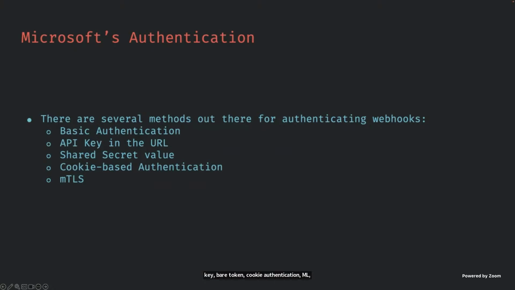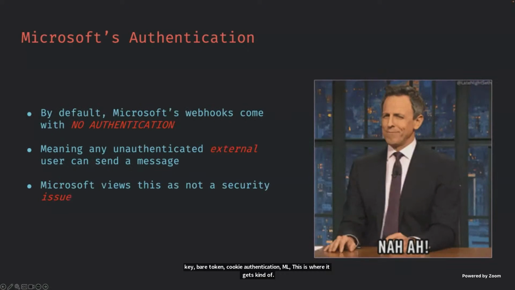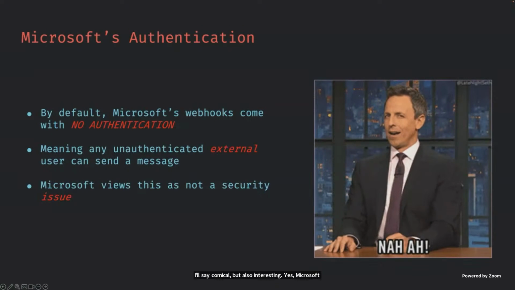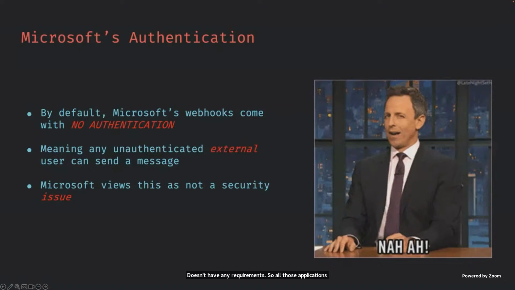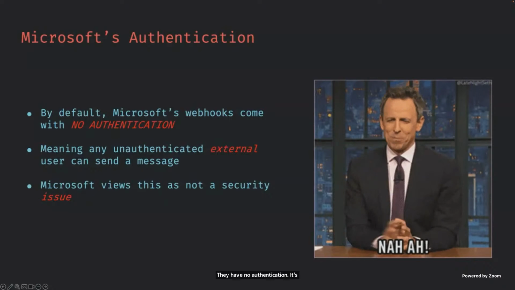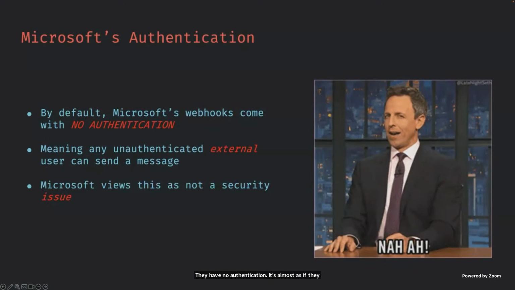But this is where it gets kind of comical, but also interesting, because Microsoft strips them out and doesn't have any requirements. So all those applications, whenever you create a connector with a webhook, have no authentication. It's almost as if they strip it out. What does this mean? That anyone